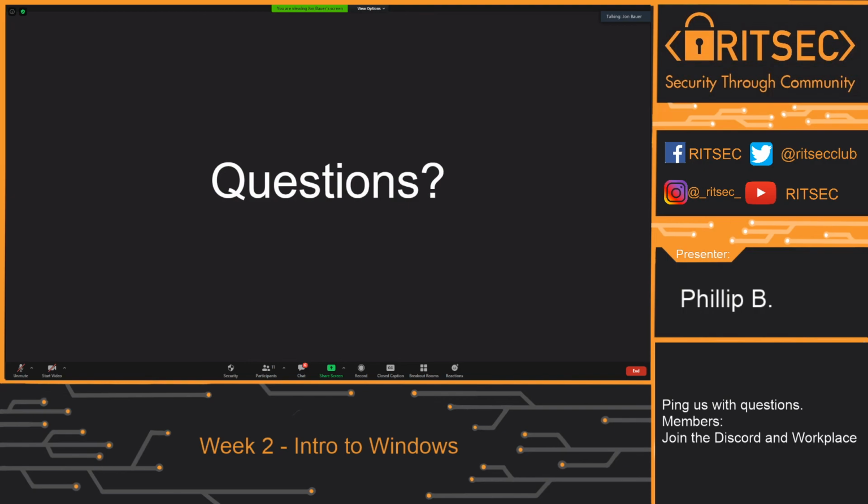Don't use Windows just to use Windows. Use Windows and try to understand how it works and what different things are going on when you're doing things. Look up different ways to attack it. It helps you learn how to attack and defend. The biggest thing I did to learn a lot of Windows things was to go on to the MITRE ATT&CK matrix and look at different persistence mechanisms and learn how to actually perform these, and that helped me gain a lot of knowledge on the operating system.